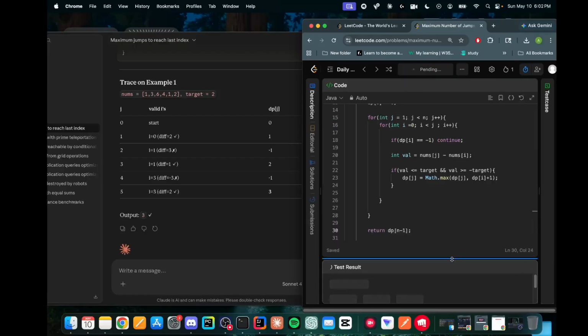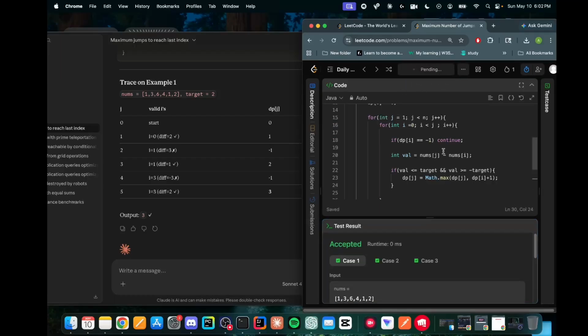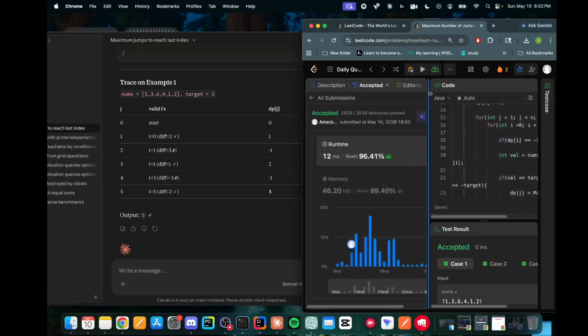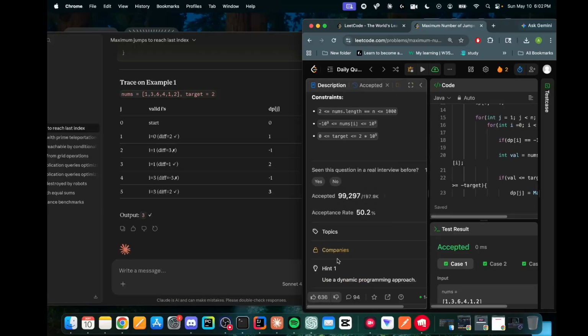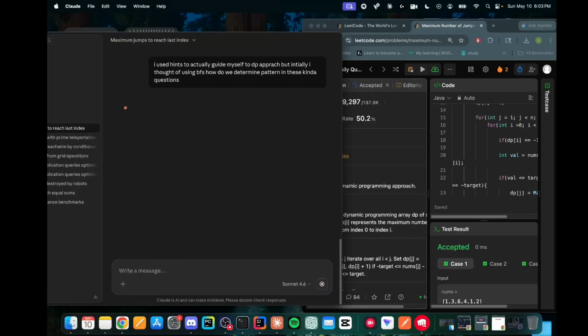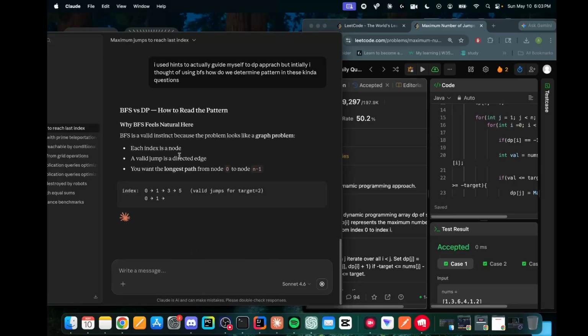Okay, let's see. Okay, that was fine, but I needed to use, I did use hints. Actually it guided me to the DP approach, but initially I thought of using BFS. How do we determine the pattern in these kinds of questions? BFS is because looks like